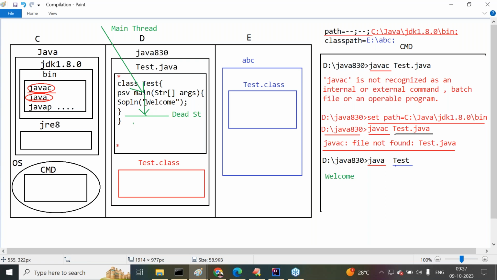In the body of the main method, if any SOP statements are available, output will be displayed on the command prompt. Every instruction inside the main method would be executed. Your application logic will be executed. Outputs, results, everything we are able to get through this main method body. When that main thread,